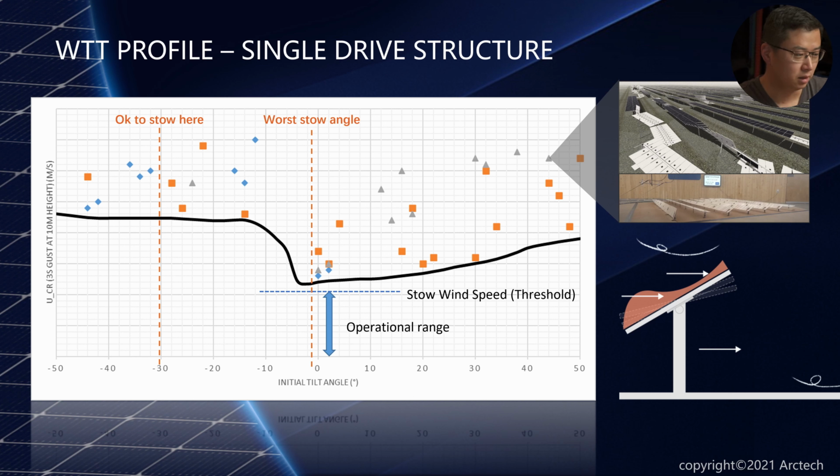Exactly. So the one thing I would like to point out is this curve has already been optimized. If the tracker does not have a damper or spring to help manage the deflection, this curve will be more like a V. So you will have a lower curve at a shallower tilt angle here. This one has already been optimized. So you can maybe safely stow at minus 20 or minus 30. That doesn't seem to make a very big difference. But still, what I would like to point out is